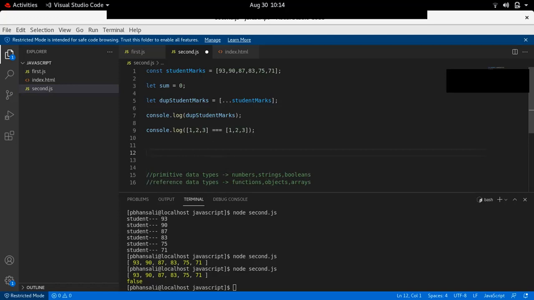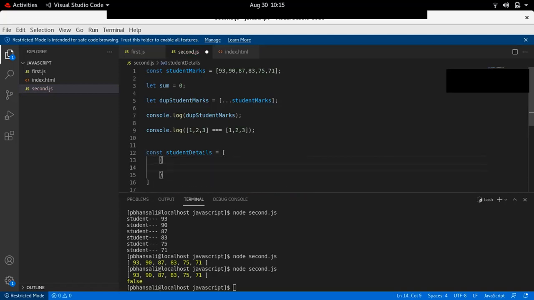So for example, suppose let me make an array of objects. So maybe const student details. This is an array of objects.